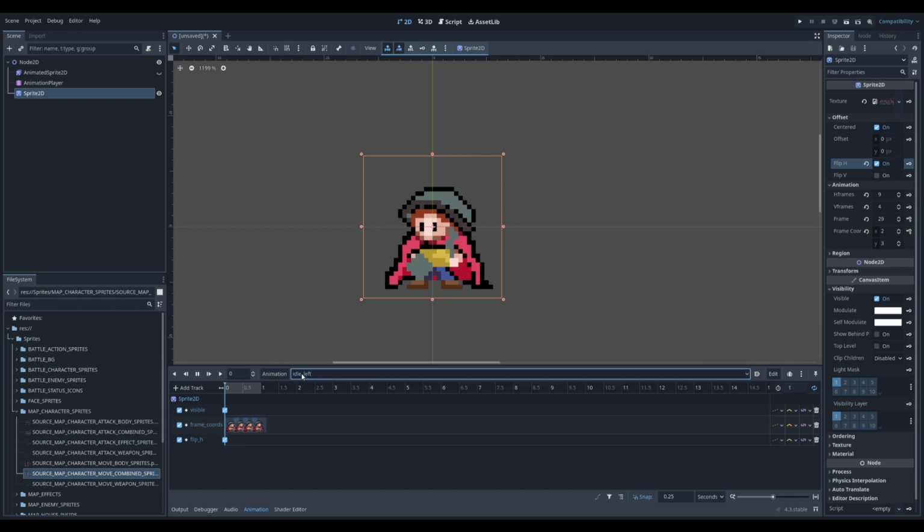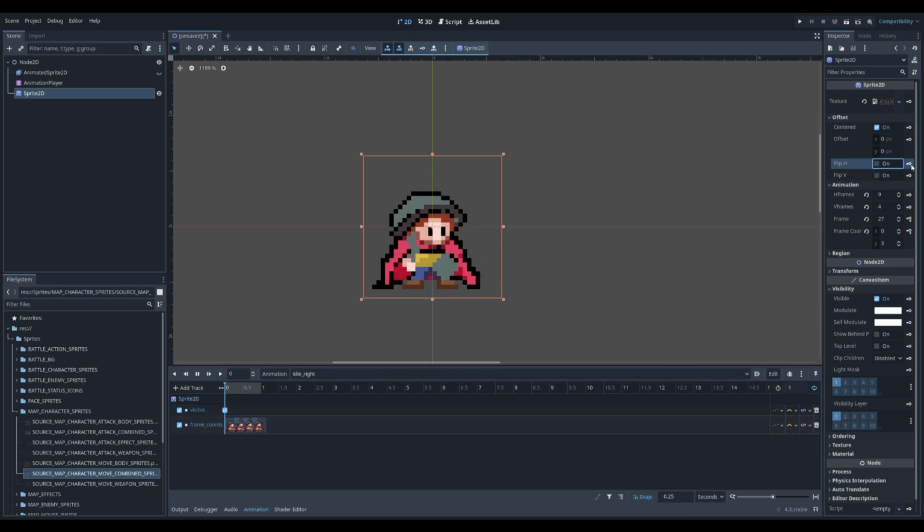And so if I play idle left, it's facing left. Then I'm going to go to idle right, and I'll make sure the flip H is not checked. Then it's the same source with 2 different animations. Alright. Now real quick, I'm going to create a walk